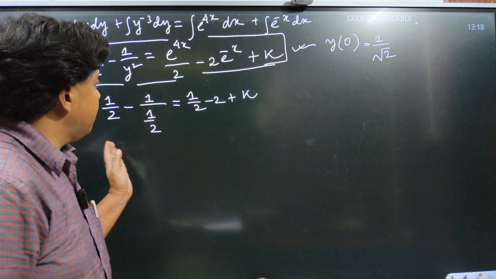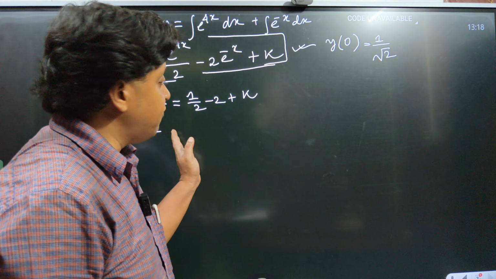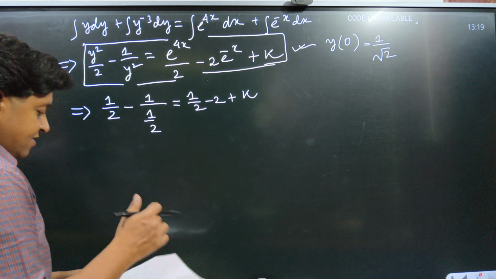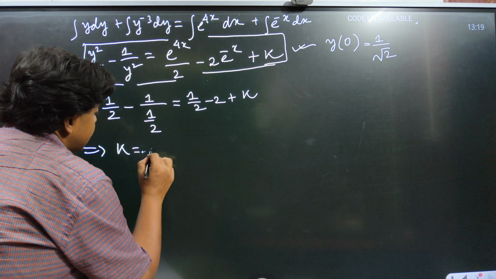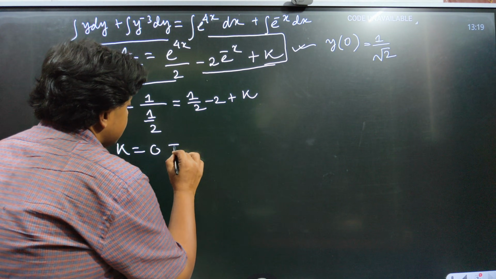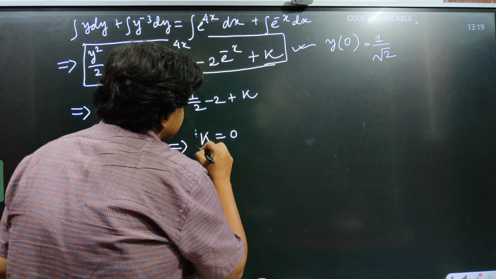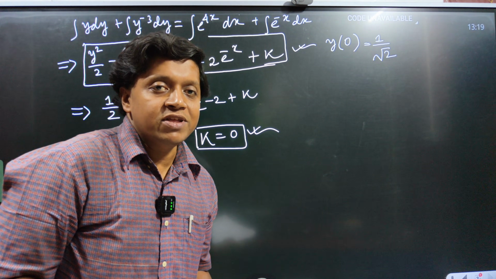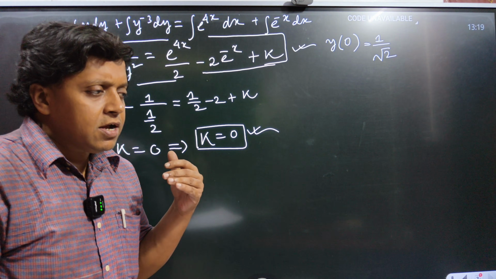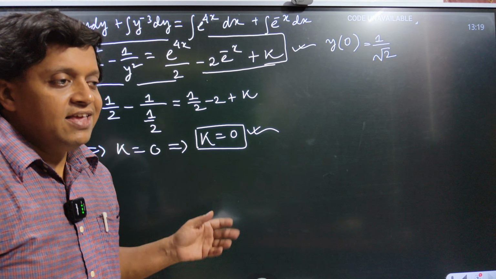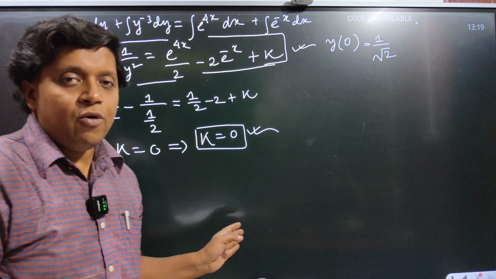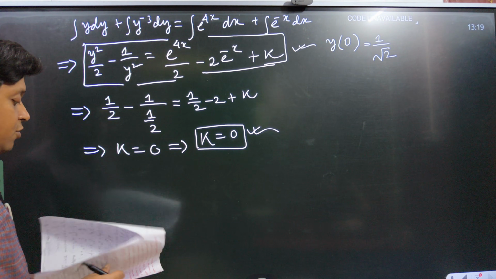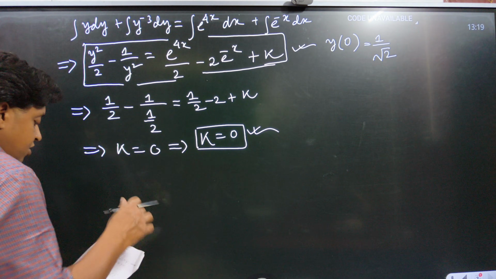See, very clever ways of giving the values of the initial condition. From this step you should be able to do it without any problem, that k turns out to be equal to 0. Now we are basically just one step away from solving the problem, but whatever complicated calculation, if any, is there in this problem, it starts now. So I ask everyone to be very mindful about it. So with k being equal to 0, the solution now becomes